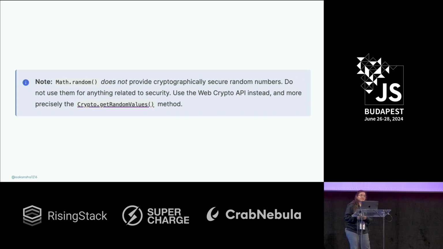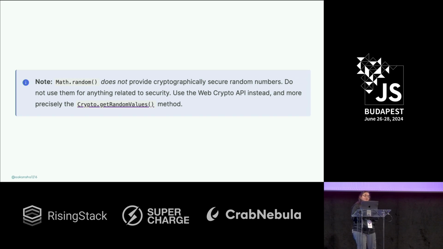Okay, so basically it says that Math.random is not a good option when it comes to security if you want to generate cryptographically strong random numbers. The reason is that it has very low entropy, and the numbers are not really random. There is some algorithm which is running behind the scenes, and you are basically generating pseudo-random numbers.